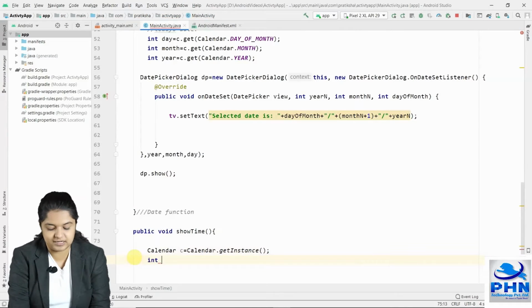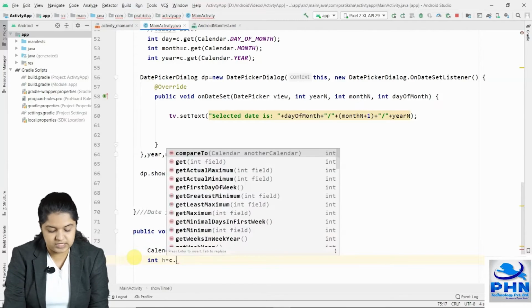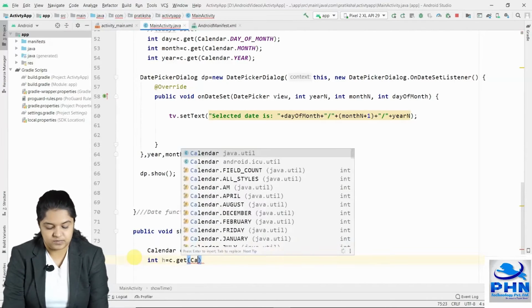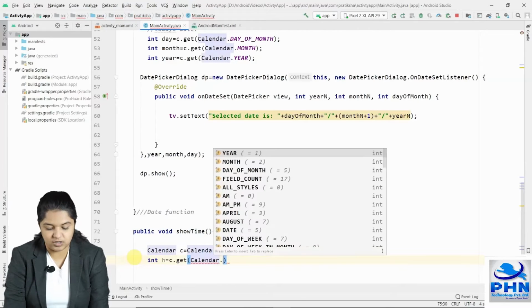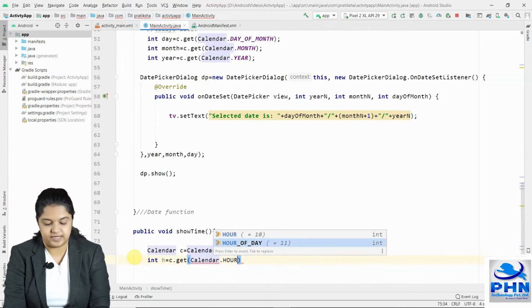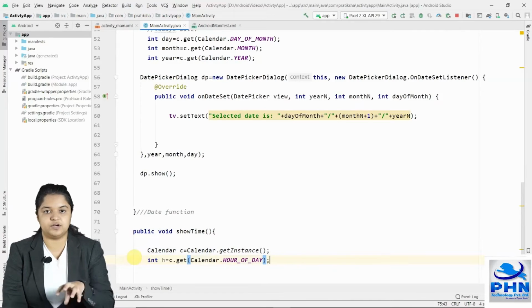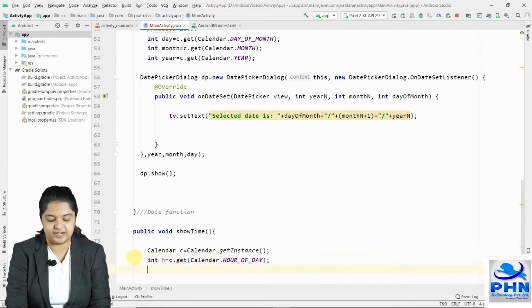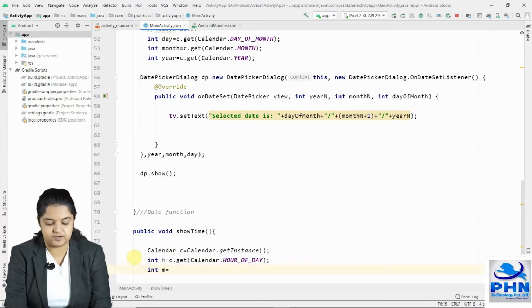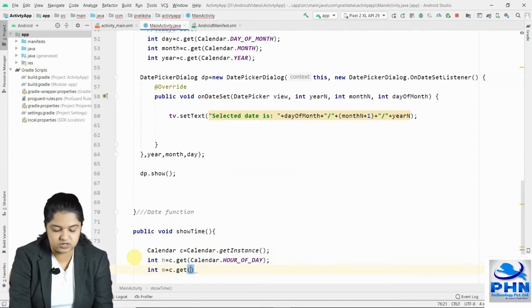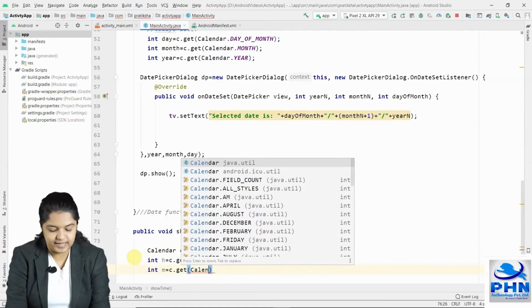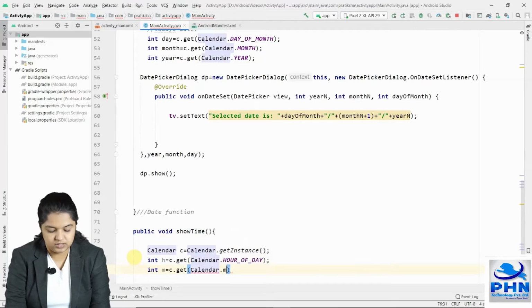then int, let's say h, the current hour equals to C dot get calendar dot hour of the day. Means 24 hours, out of 24 hours, which is the current hour of the day, that will be stored in h, and I will create one more variable, m equals to C dot get calendar dot minute.